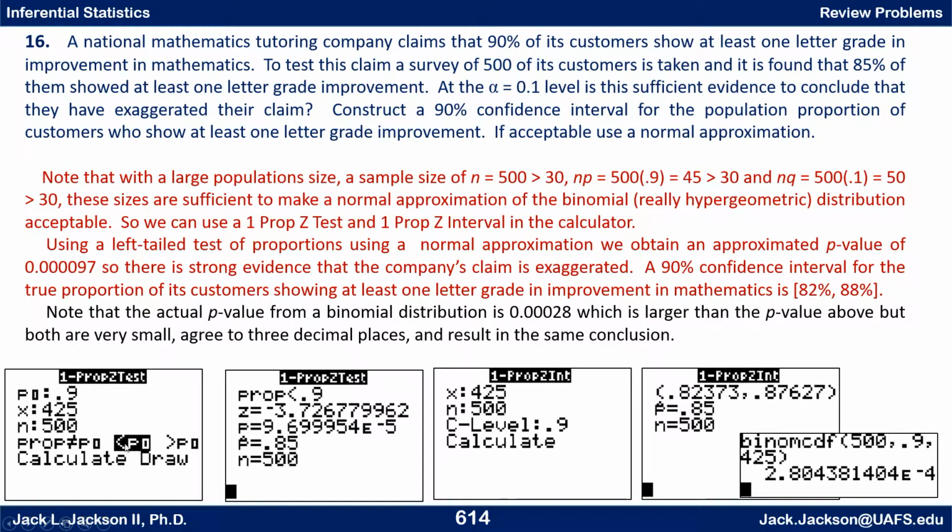We're doing a less than, so it's a left-tailed test, and we calculate that. And here we get a p-value of 0.40 and a 9 and a 7, let's say. P hat is 0.85, which we knew, of course, and N is 500. We do a 1 proportion z interval. Then x is 425 again. N is 500. Confidence level is 90%. Yes, so it's 0.9. Calculate that, and this is